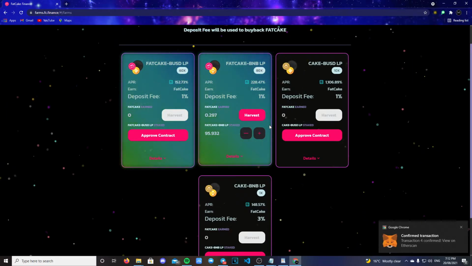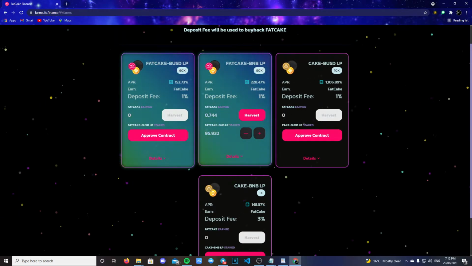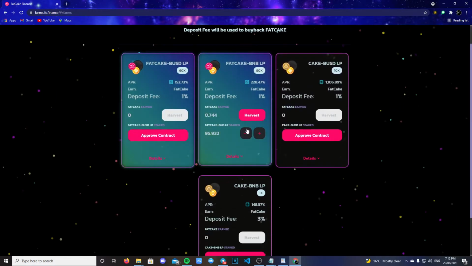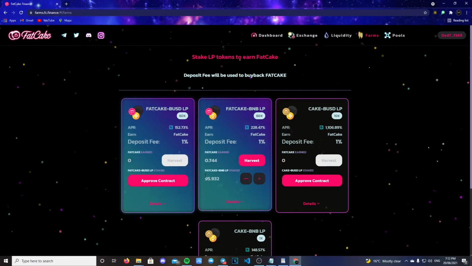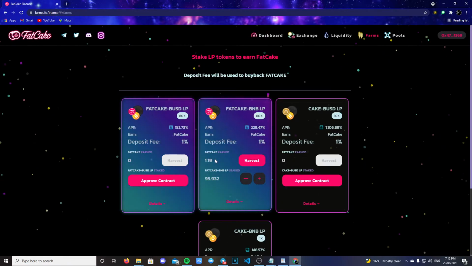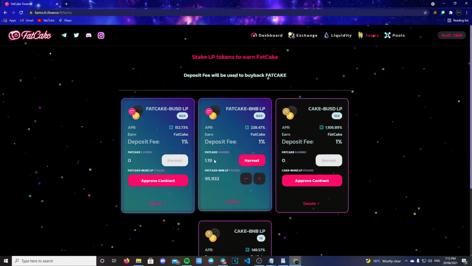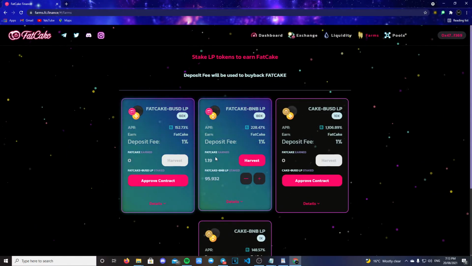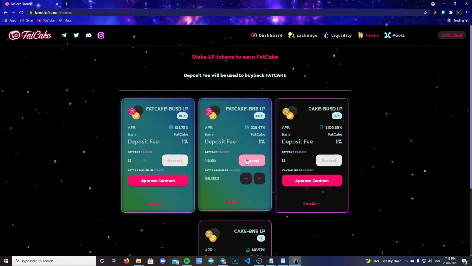Sorry about that. My phone's getting a few notifications from MetaMask. Essentially, here we are now. We've got it staked, and that is our Fatcake being earned. You can literally watch it being earned. And then let's say we want to harvest this 1.6 Fatcake we have now. All we do is press harvest,